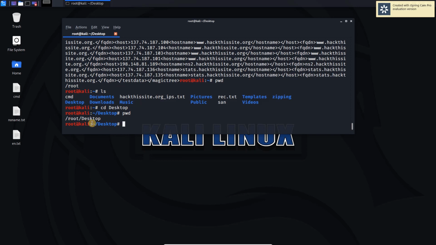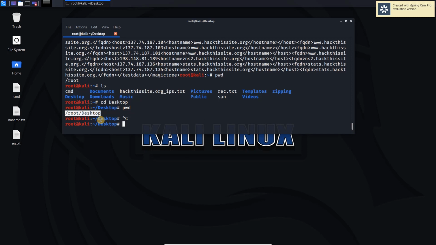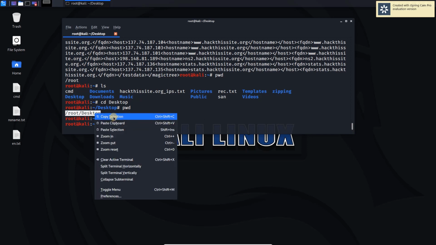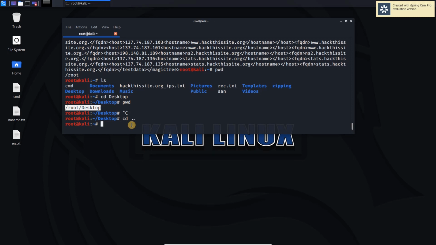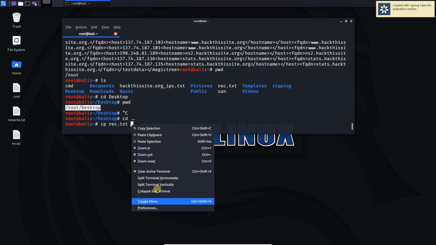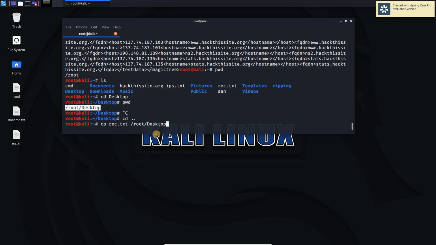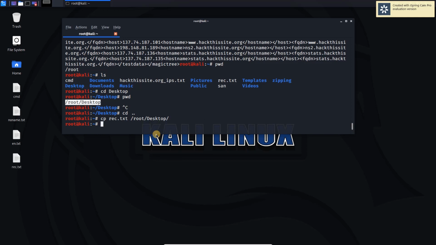We can get the name of this directory from here directly, we don't need to type all this. Sorry, we copied this, and now we go back and we copy. So cp rec.txt to, paste clipboard. So now we have rec.txt.